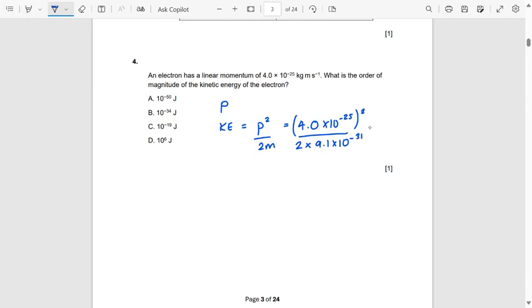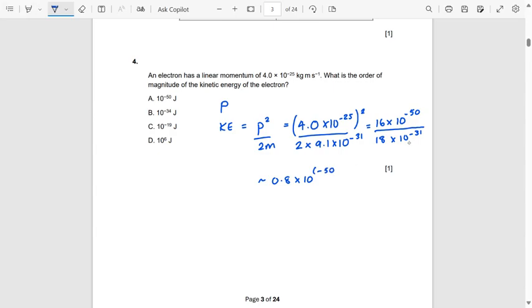So if I am squaring these, I've already done it in my calculator, but it's going to do that. So 4 is squared, and then this doubles. And then divide that by, very crudely, I'm going to say 2 times 9.1 is 18, times 10 to the minus 31. Okay, so if we work that out, we end up with roughly 0.8 times 10 to the minus